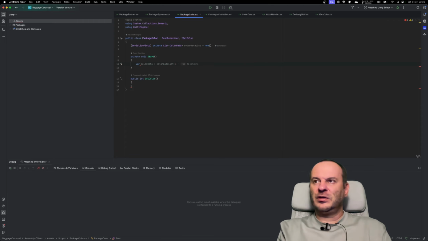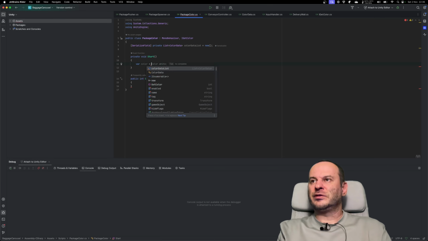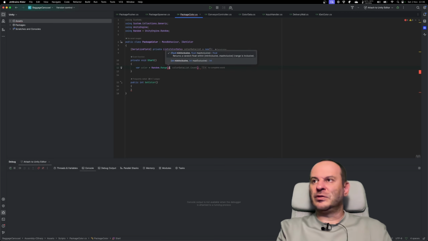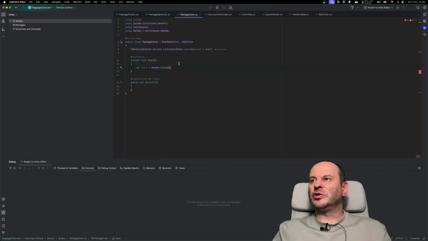Var color equals random range of 0. No, it will be a color list of random range between 0 and count dot color. That's it. This will be the color, and we need to get the